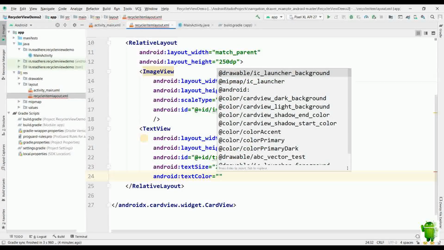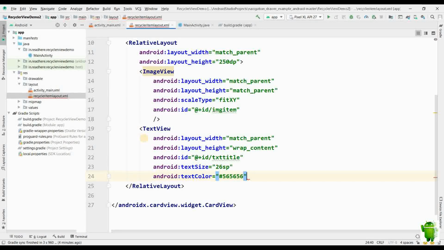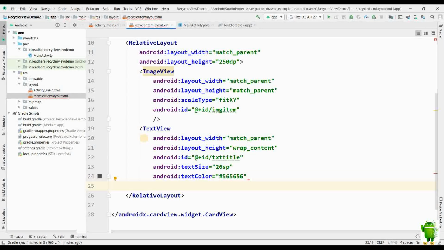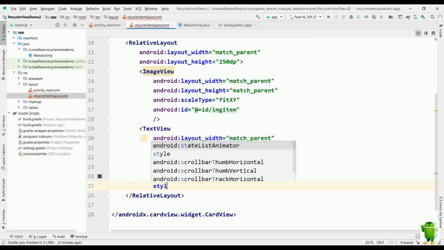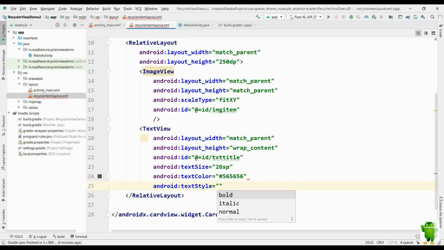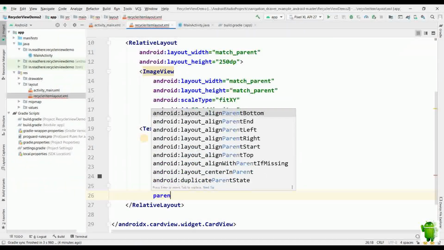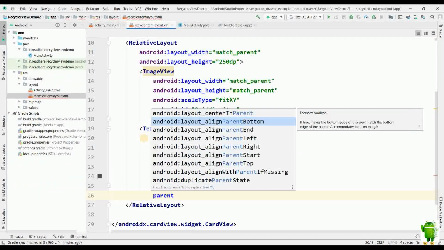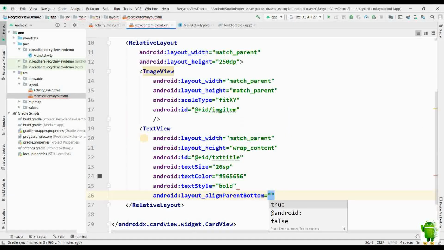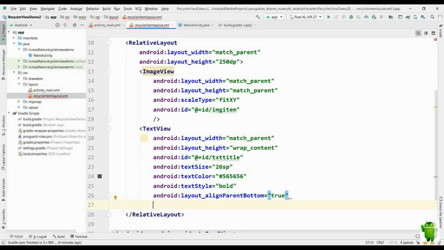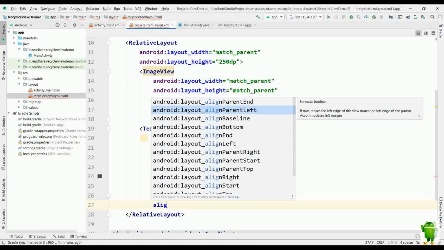Text color will be set to 565656, the darker color, and text style to bold. We'll set this particular component at the bottom left of the relative layout, so we'll set align parent bottom to true and align parent left to true.